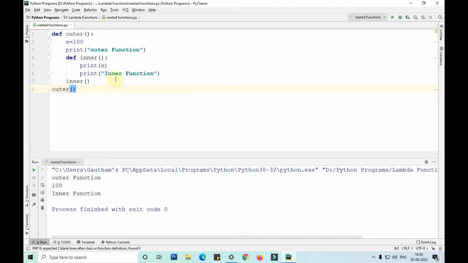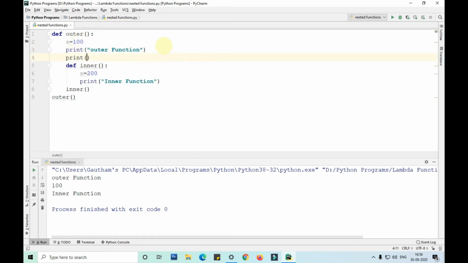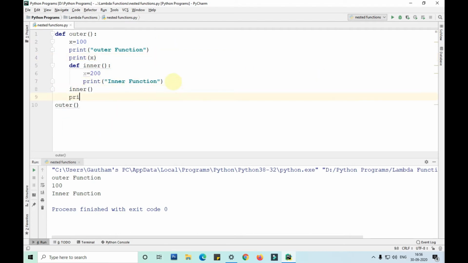In a similar way, we'll also try changing the value of x here in the inner function and see if it changes throughout the outer function. Okay, x is equal to 200. I'm taking x is equal to 100 here, print x, and I'll print x here as well.